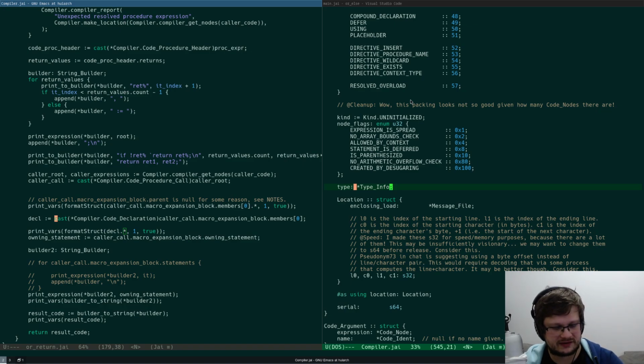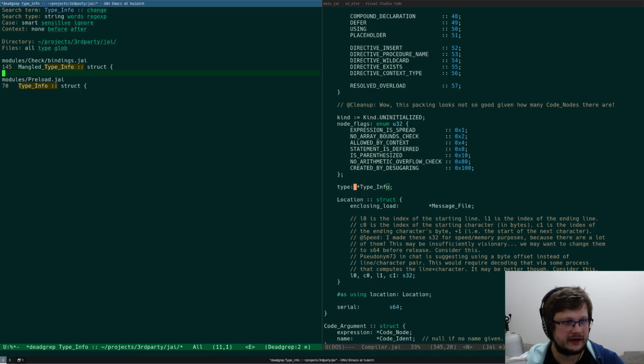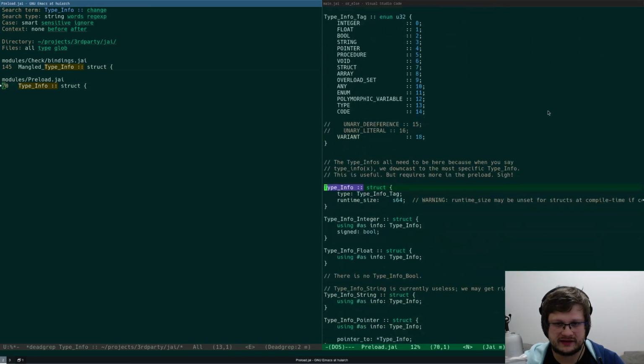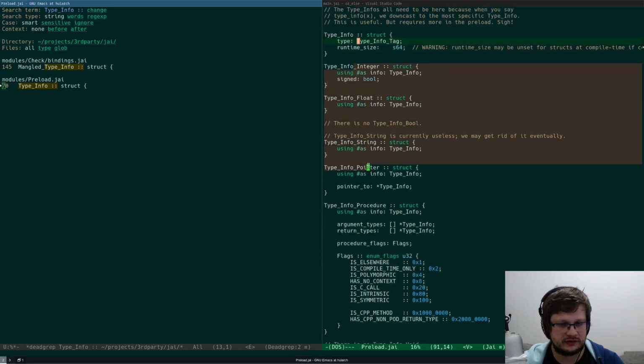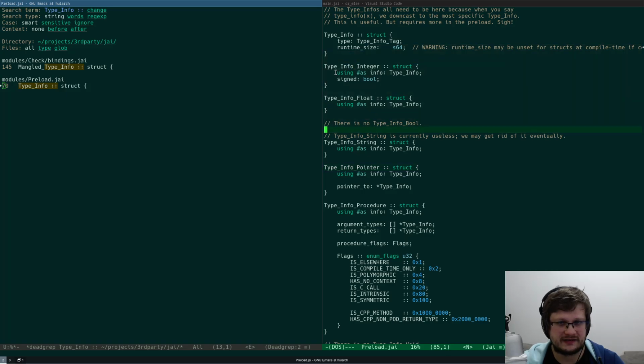We have a thing that's called type info. Type info is in preload, and this is a struct that contains type info tag and runtime size. Based on the type info tag, you would cast it to this. In this case, it is a type info integer.